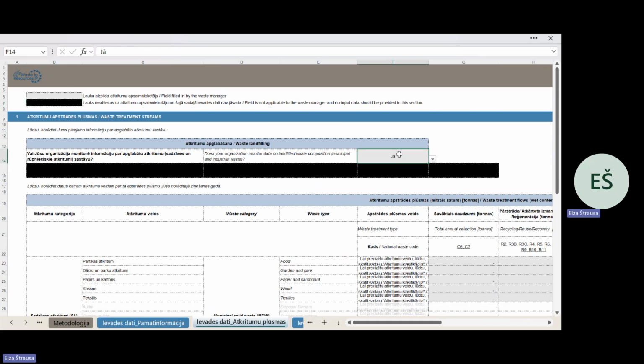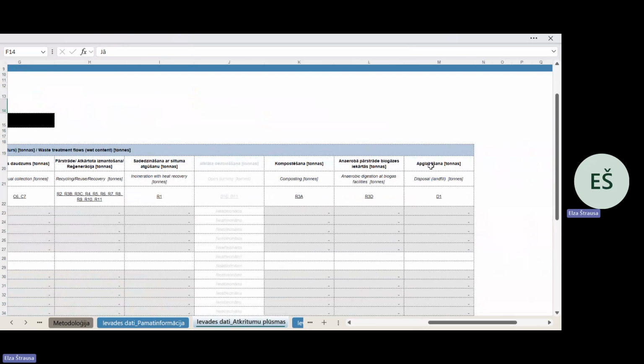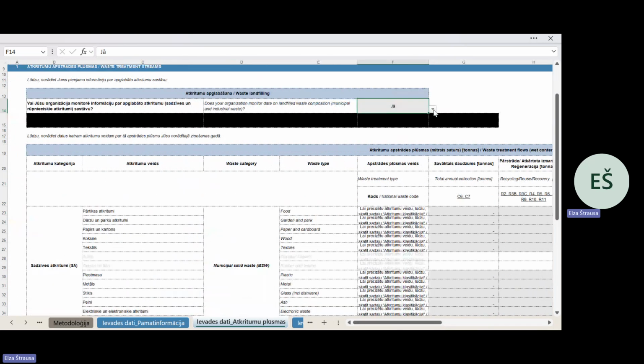So if you do have the composition of the landfilled waste, you can say yes, and you will see that you can easily provide the different waste types and the composition that is being landfilled in this section. If you say no,